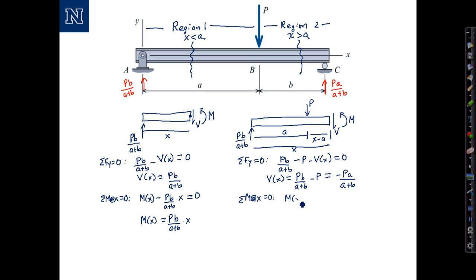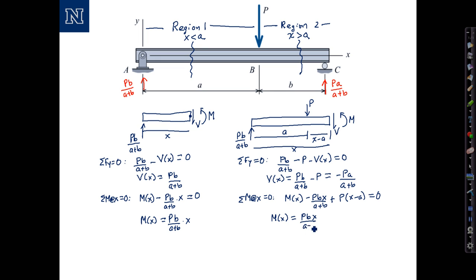We have M of x. As before, we have minus Pbx over a plus b. And then finally we have this additional term due to the load P, which is acting in the same direction as M, so it's going to be positive, plus P times the distance x minus a. Set that equal to 0, and I get M of x equals